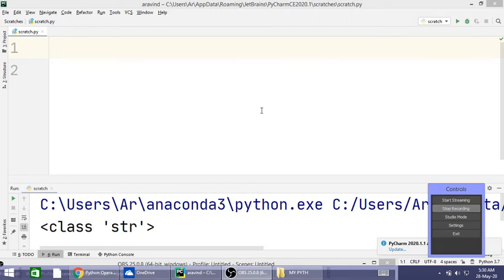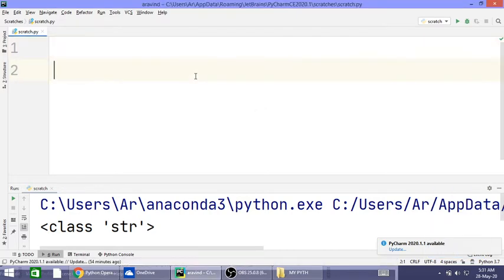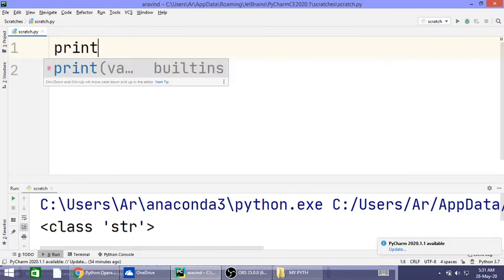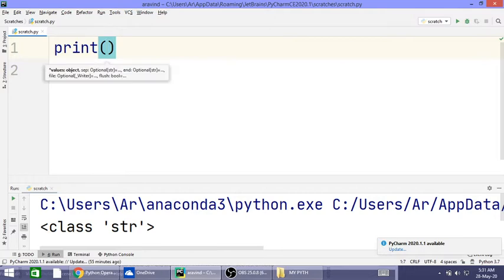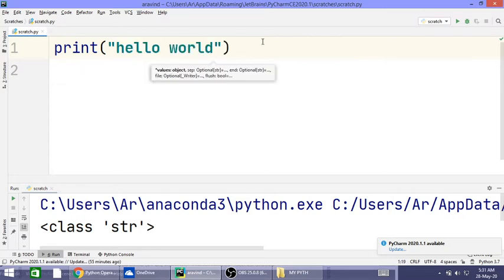So in Python language, let us start a Python program with a simple command called print. Print is an output statement in Python. Let us start with hello world, as every programming language does. If you type print in brackets, double quotes, hello world, this will display the output.